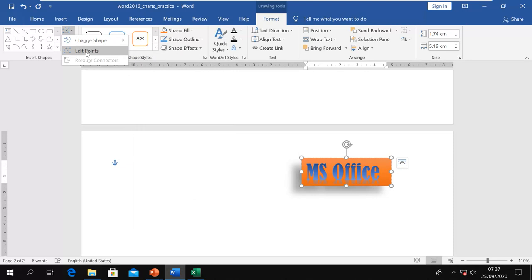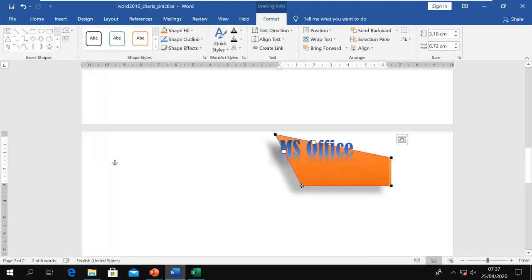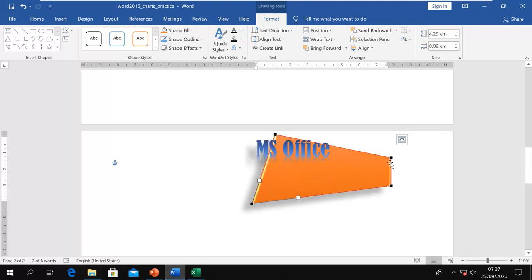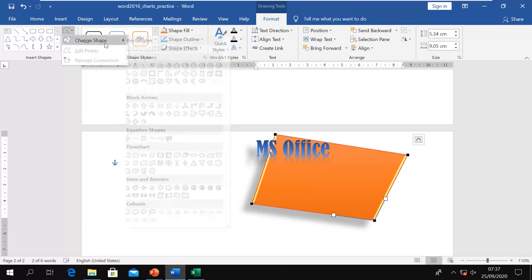Now let's say I click on this, so it shows me those points. Now we can drag these points to different locations, so we can modify our shape, and you can see it is now modifying. Or we can use these predefined shapes.